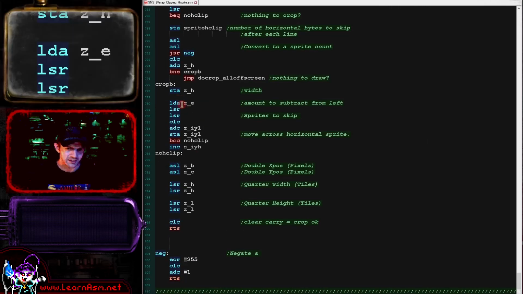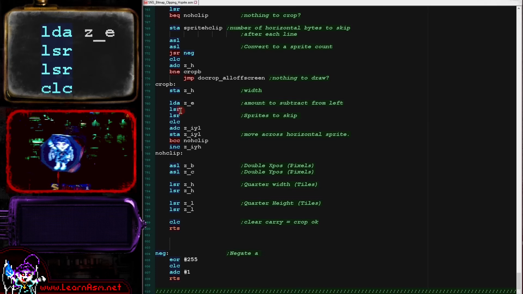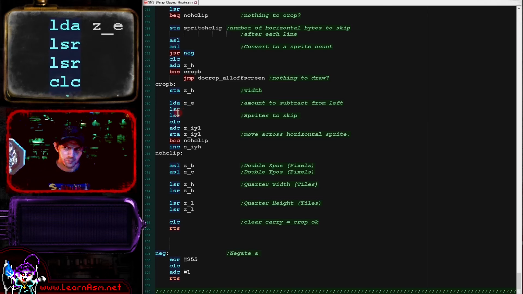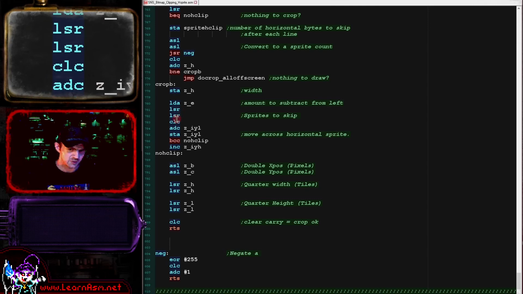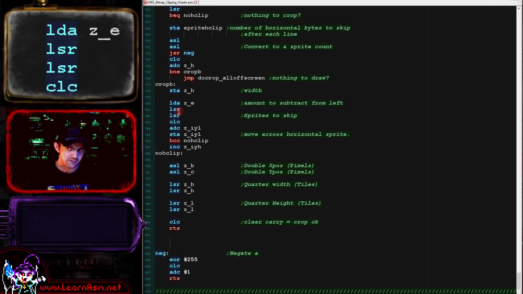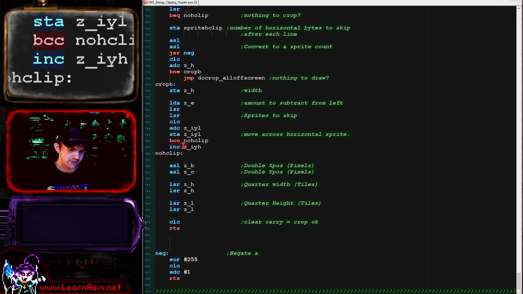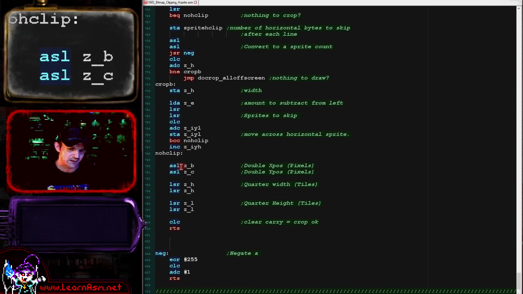And then what we're doing here is we are taking the amount to remove from the left hand side of the screen, because if the sprite is off the left hand side, we need to skip some of our patterns before we start drawing, and that's what we're doing here. We're adding the amount to remove from the left in tiles, so in patterns, so we're shifting to the right twice to convert it to patterns, adding that to IYL, and then